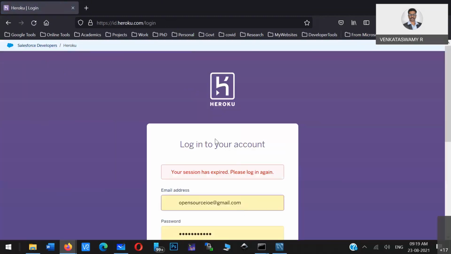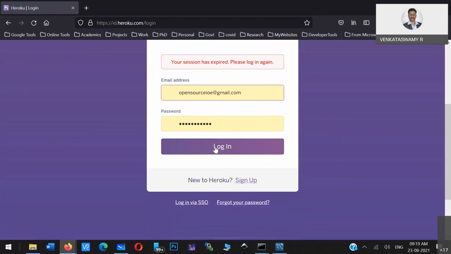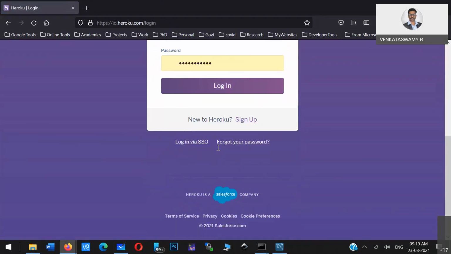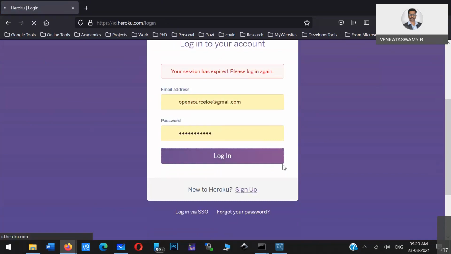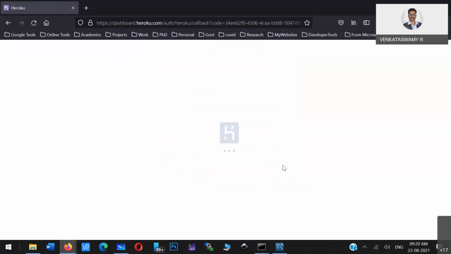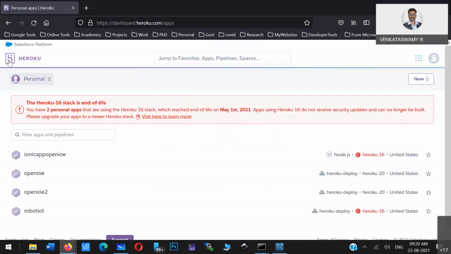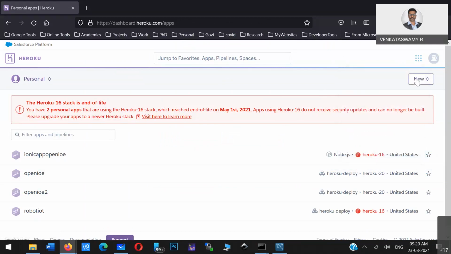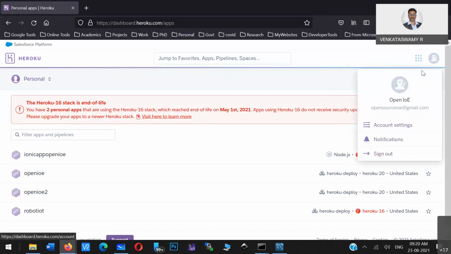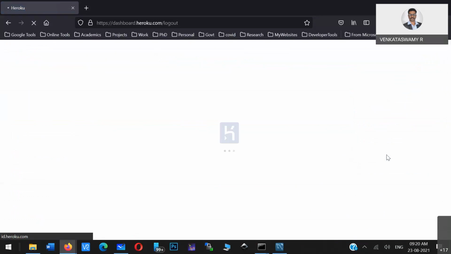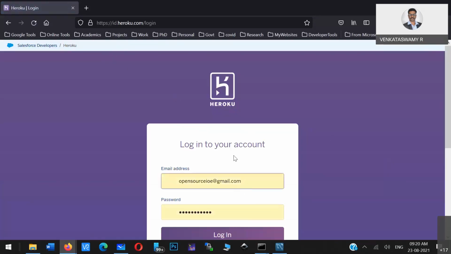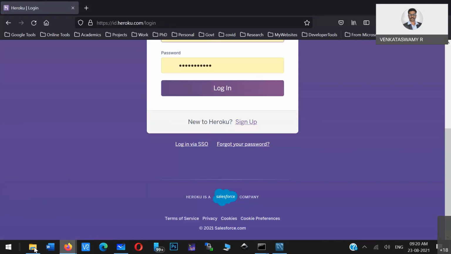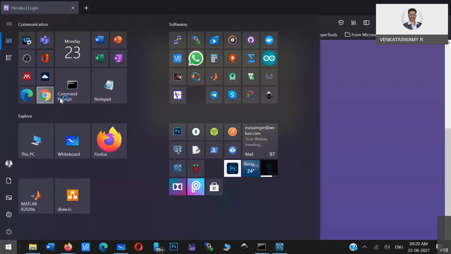After registration, you just have to log in, and I'll log into this particular application. This login page will look like this, and you can create a new application. I'll try to sign out from this application and showcase the main screen in some other browser.